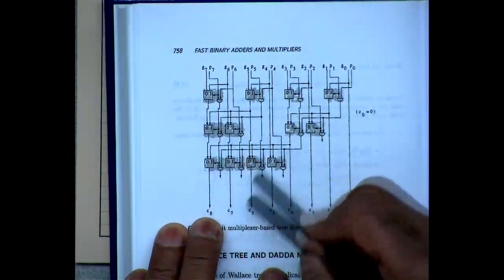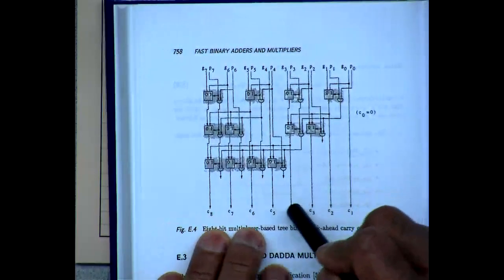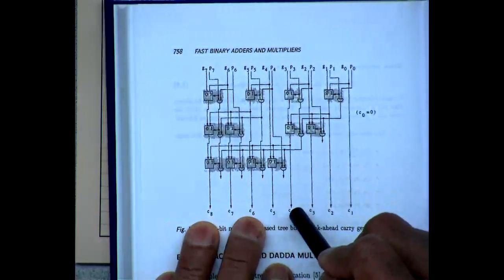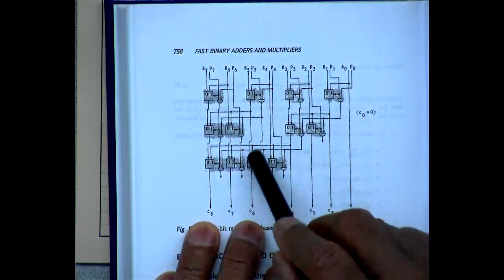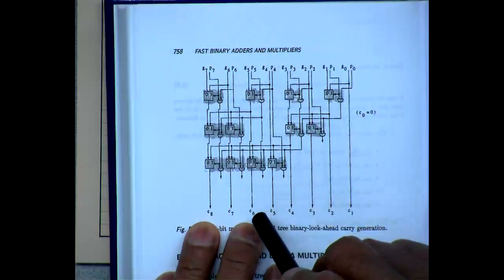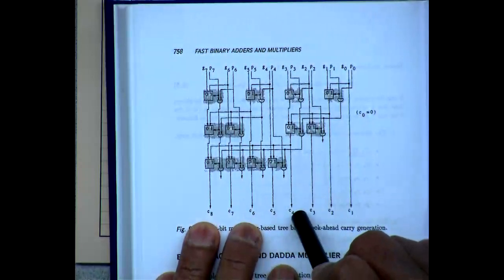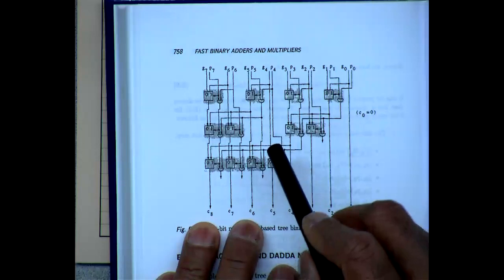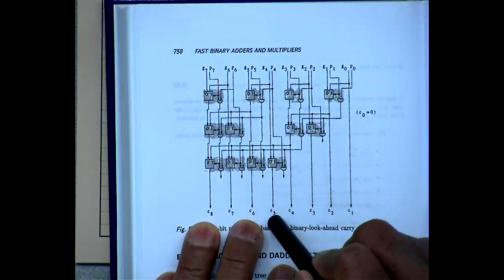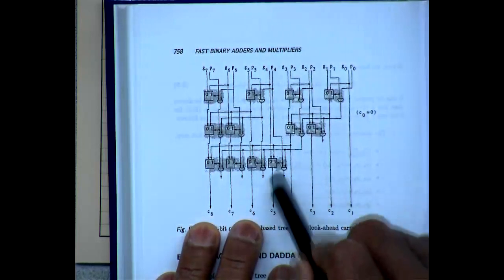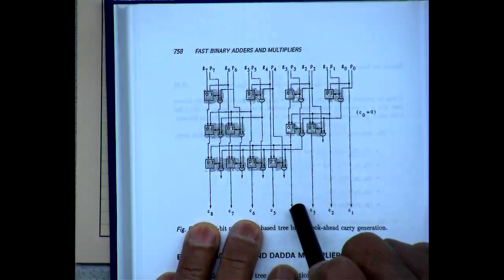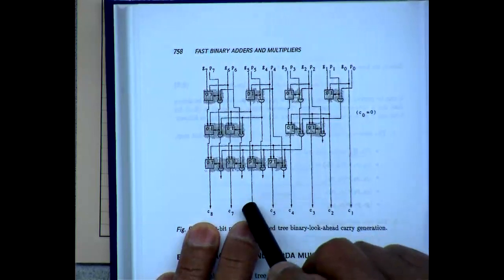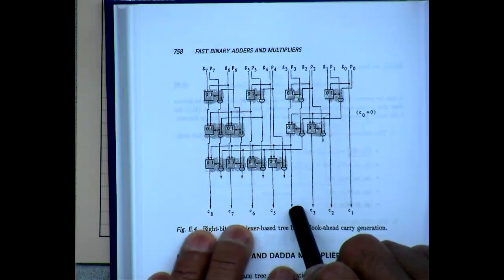What's going on in between? Okay, C4 is being used to compute C8. In the same way I can compute C6 using C4. Why is that? I can use the equation Ci plus 2 from Ci. Okay. That's good. What about C5? It's computing C5 from C4. That's the equation Ci plus 1 from Ci. 5 is computed from 4, distance 1. 6 is computed from 4, distance 2.